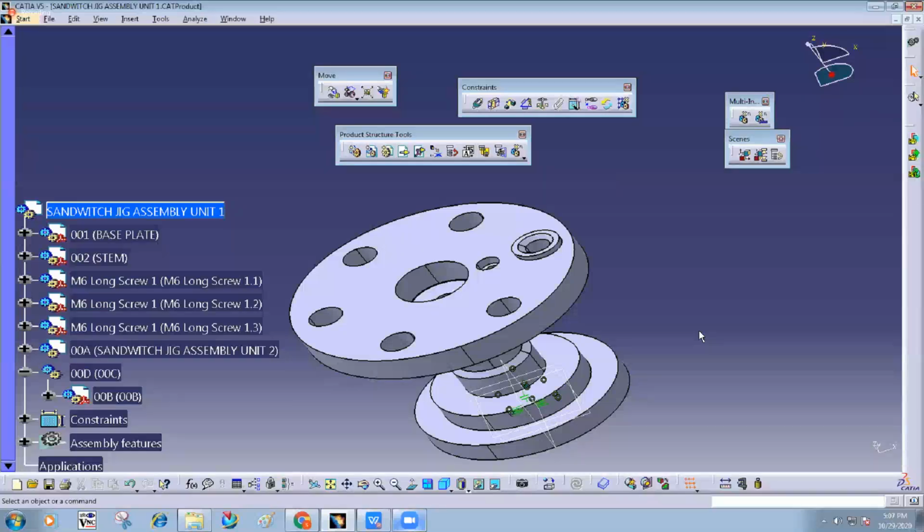And if somebody is working on the engine domain and is not interested in chassis related parts and tries to open the entire car to modify the engine parts, then it is very hard to open because lots of parts are there and the software will take a lot of time to open it.